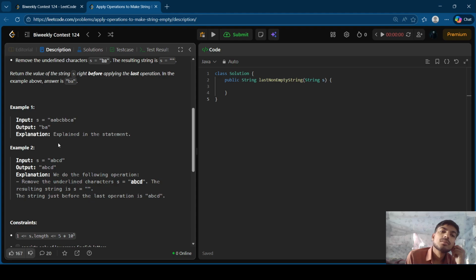Just pause the video and try to solve it yourself. So the logic is that we have to make the string empty, meaning we have to remove some characters from the string until it becomes empty. So can you guess how we can get that last string? One logic coming to my mind is